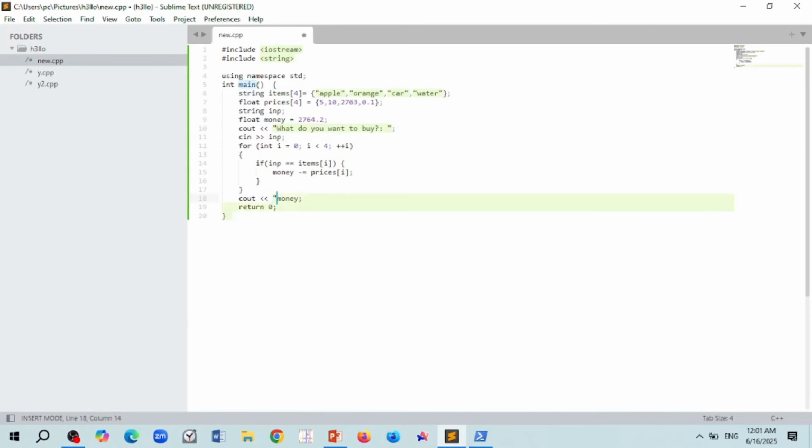Now it's going to print, you now have. What do you want to buy? You print, you had